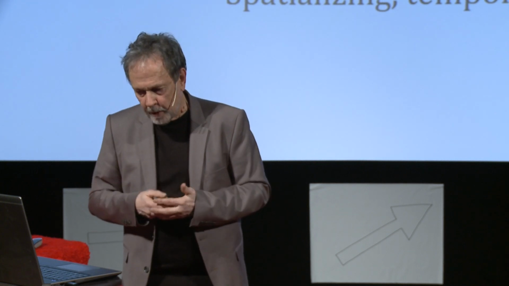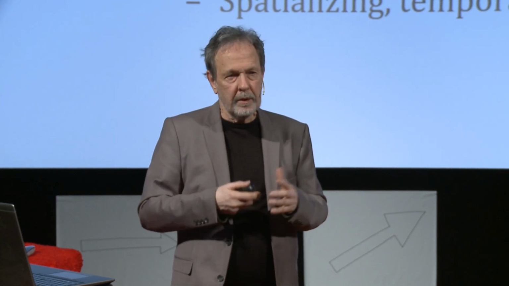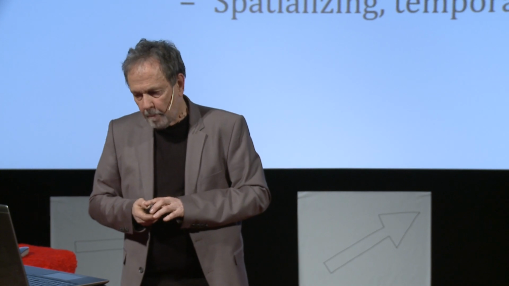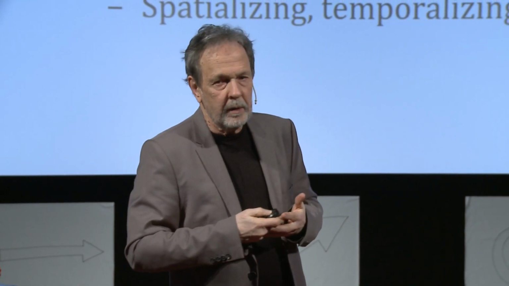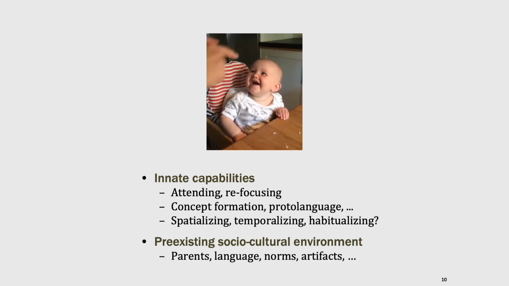And she probably also has those other mental capabilities like spatializing, temporalizing, habitualizing, but you can't see that in this particular movie. But of course, these innate capabilities that she is born with cannot actually be developed further if it weren't for a pre-existent social cultural environment consisting of her parents,